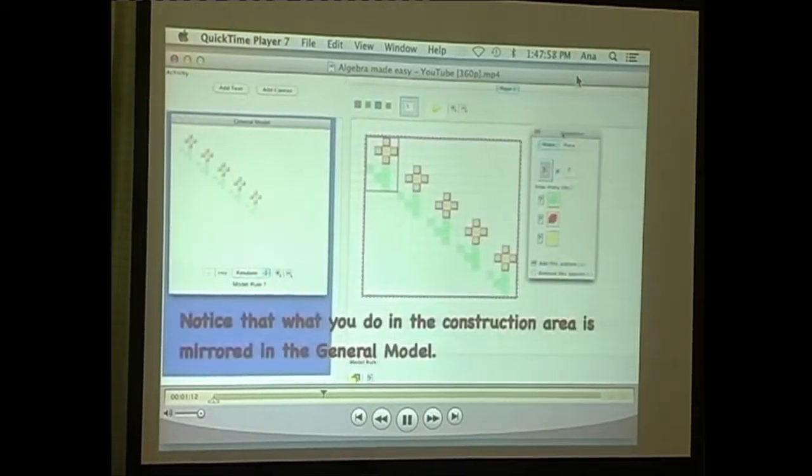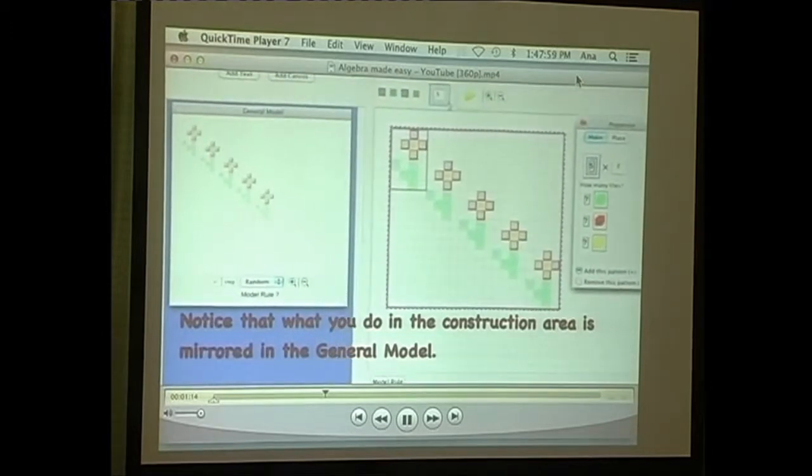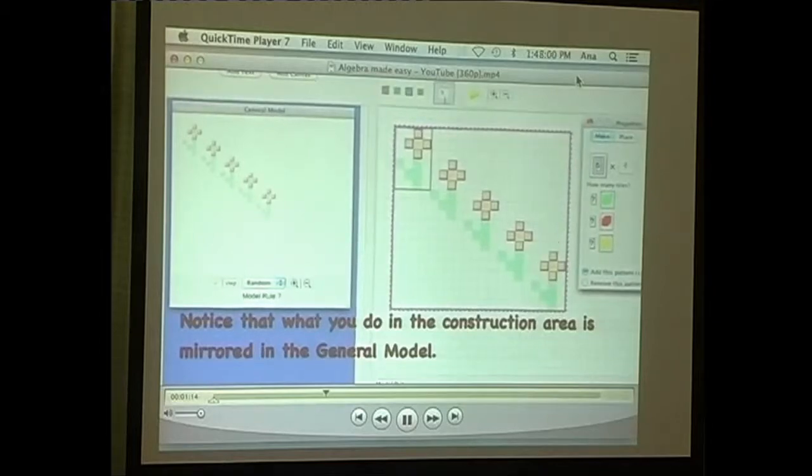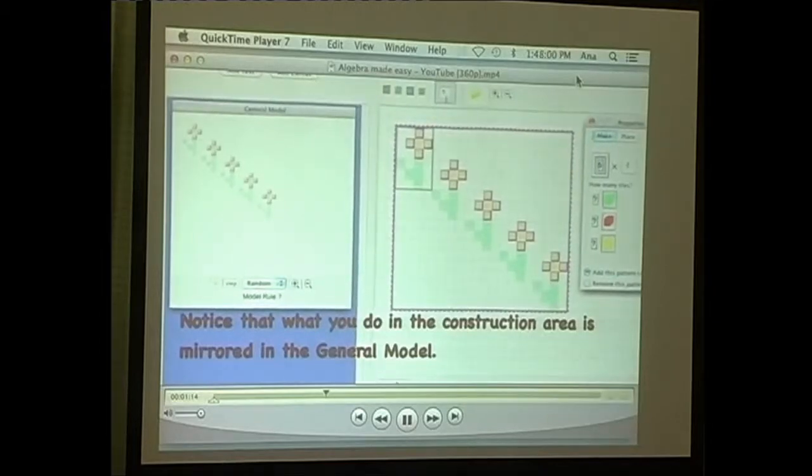Notice that what you do with the construction area is mirrored in the general model. Your pattern is not colored. This is because you have not answered the question, how many tiles? There are 5 yellow tiles,